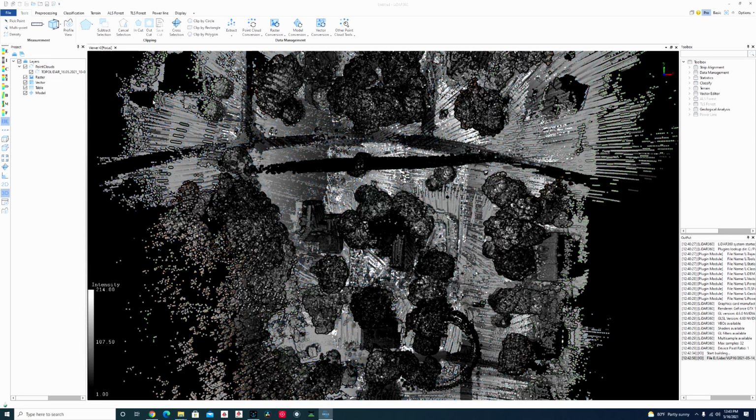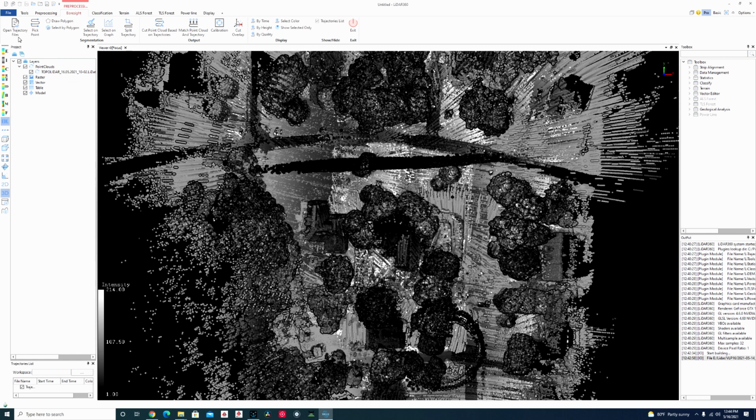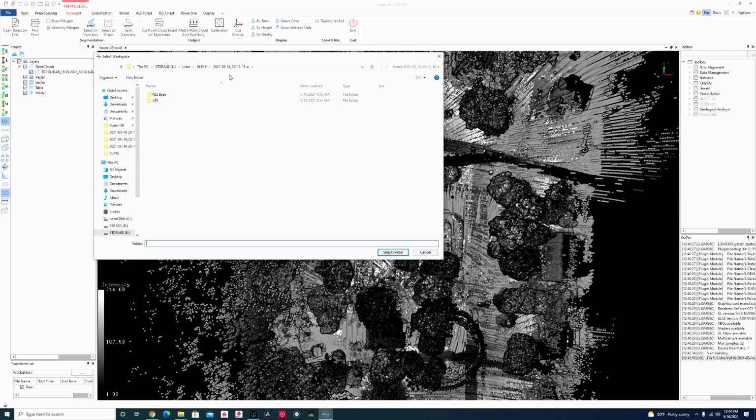Okay. The first thing we need to do is click on pre-processing, and I'm going to click on boresight, and I need to open the trajectory file. So I'll open that, and it says, hey, select the workspace. Well, that's just the folder where everything resides, and we're already in the right folder, but I'm going to set it. And now we need to open the trajectory, and you'll see there are 2 here. The one with the projection UTM zone 16 in the name, that's the one where we actually set the projection. That's the one you want to open, and whatever you set using the Topo Lidar software, it'll have that name. That's the one you want to select. So I'm going to open it,